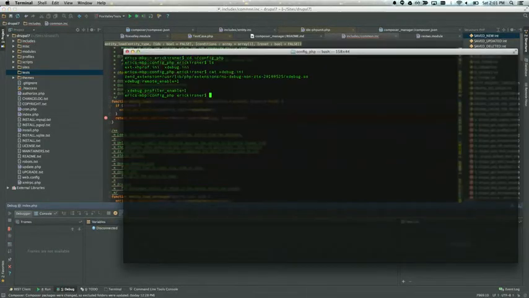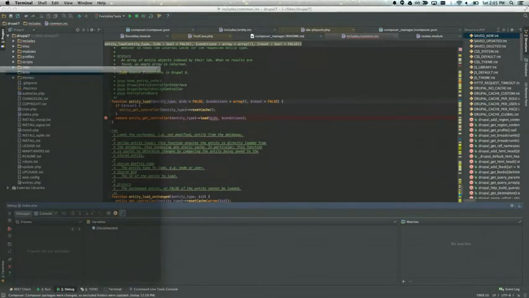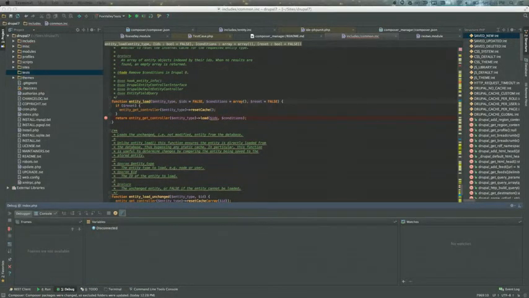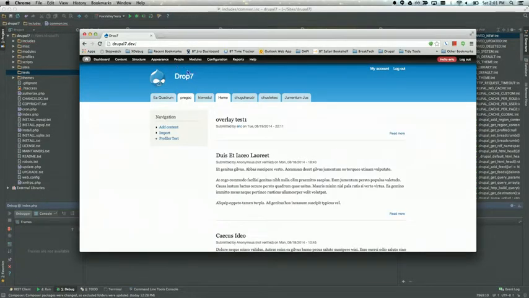Let me double check that I have it on here. Restarting Apache, that would help. All right, take two.